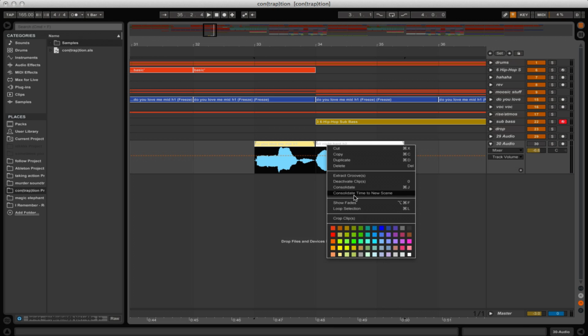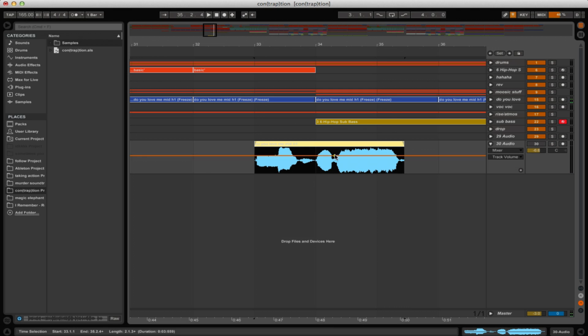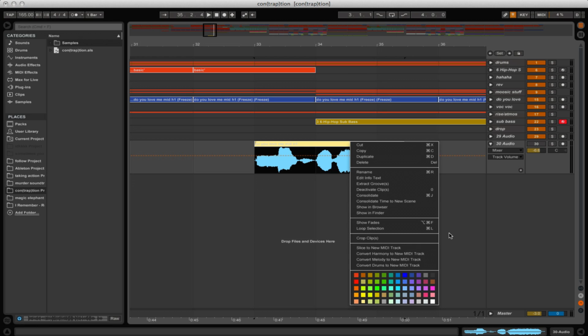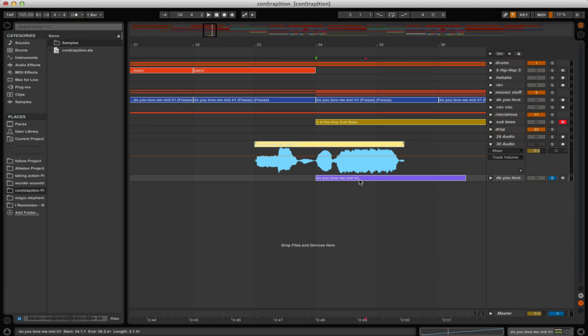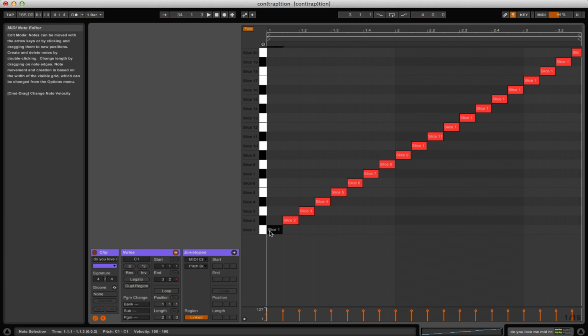So first, you want to consolidate it, bring the two clips together into one, and then you want to convert it into MIDI. Now, once it's fully converted, you want to open it up and check out your slices. Do you love me all night? Now, highlight certain sounds that you would like to keep within the end result. So, Do you love